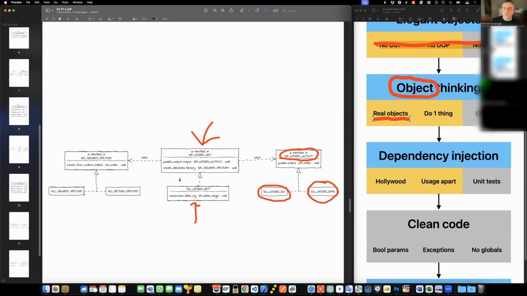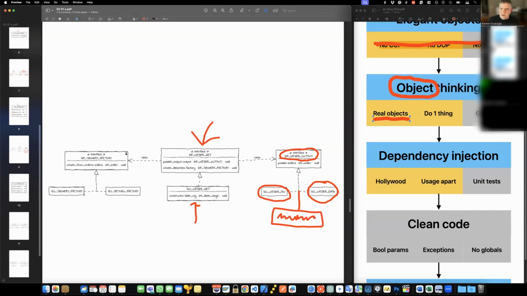Instead of bloating my order class with a further method called send email, I can simply implement this order output interface as an email class. See how beautiful this is. Whenever I need a new output, I only need to implement a new class here. I don't touch my order set. I don't touch my main program. I don't touch anything else. I simply have to implement a new class here. That's all.